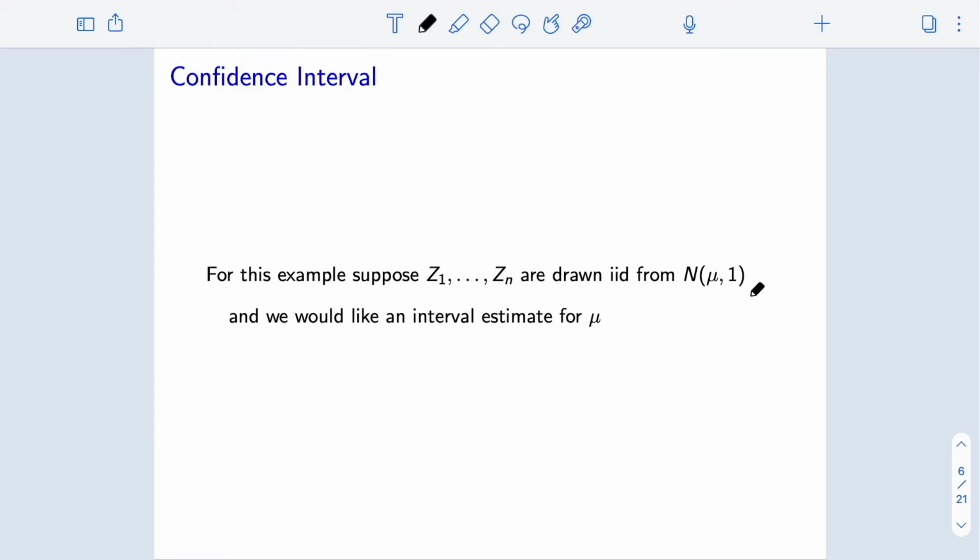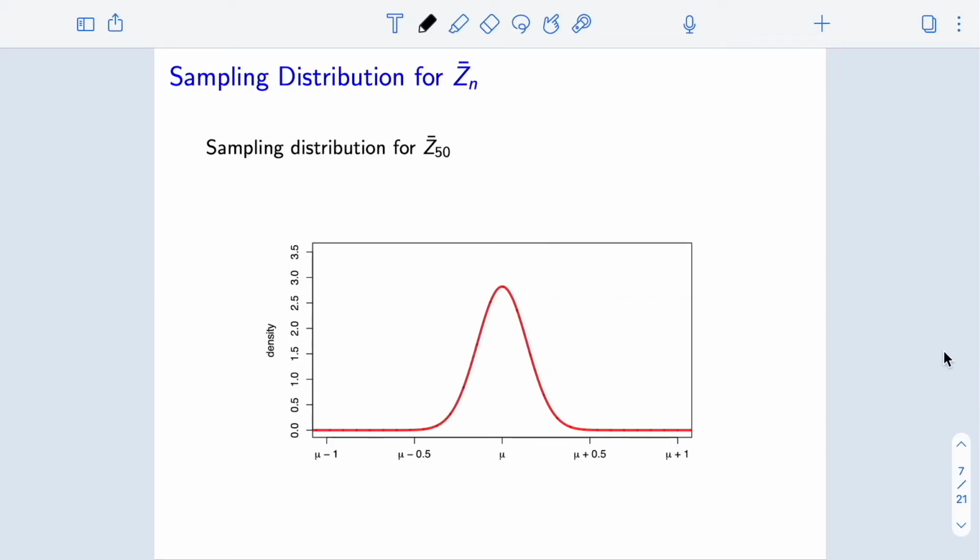So here, let's imagine we would like an interval estimate, in particular a confidence interval, for that parameter mu. Let's imagine we have, say, 50 observations. N is 50. The first thing we might do is think about the sampling distribution of the sample mean, z bar n, or z bar 50 in this case, around the true population mean mu. On the x-axis, we can see labels all relative to this unknown mu. I can't put the value of mu in there because I don't know what it is, but I do know what the shape of that sampling distribution looks like around mu, and